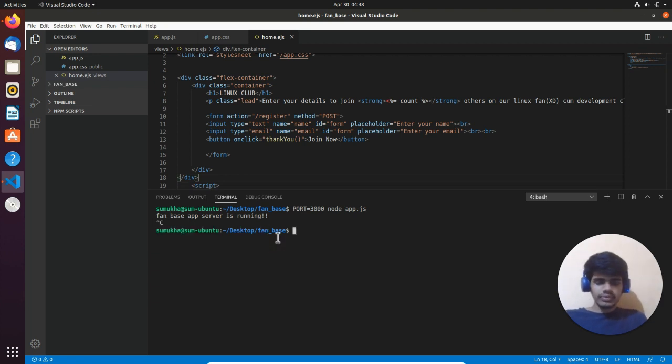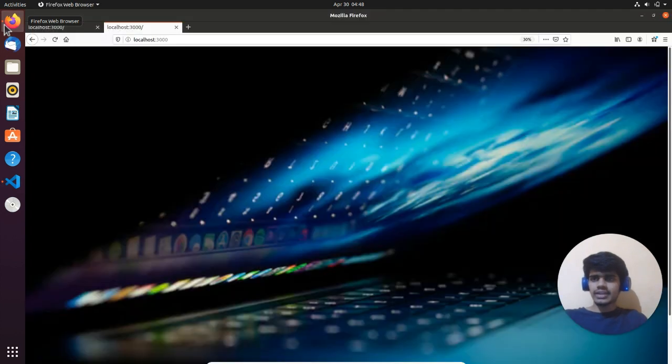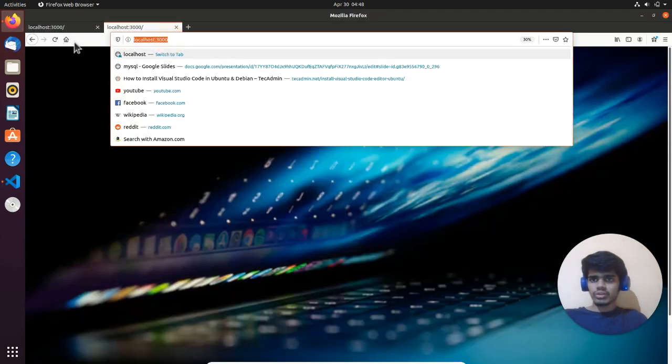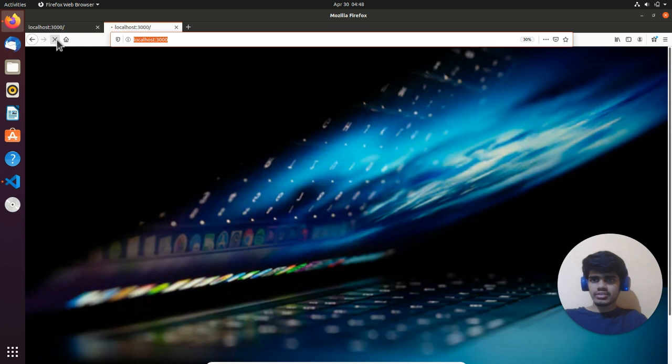Press Control C to stop the server, and again type the command, or else use your arrow key and press enter. And yes, our server has started again. Now refresh this.